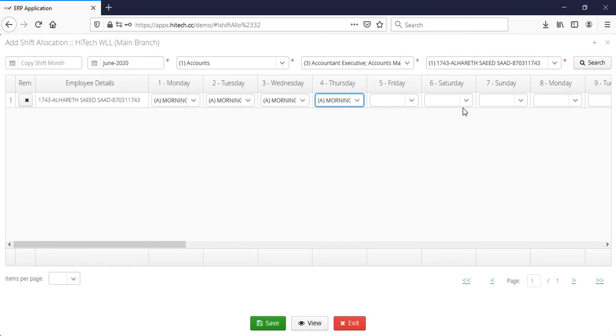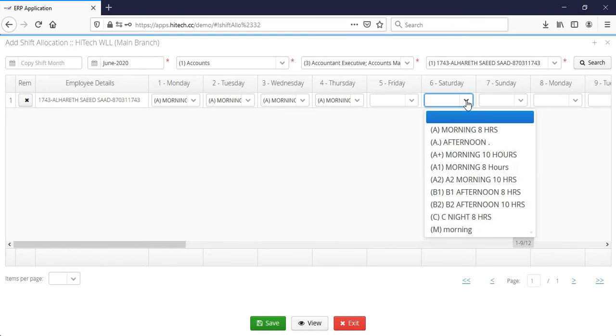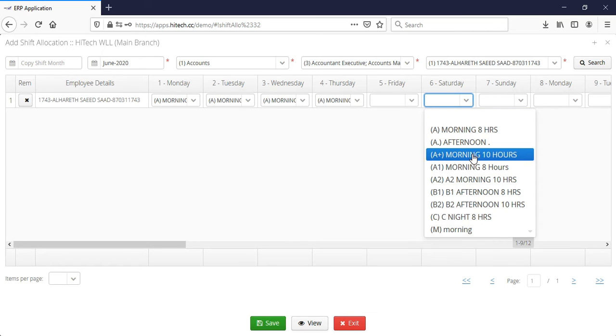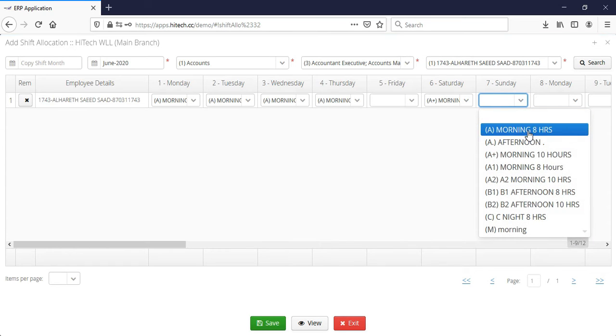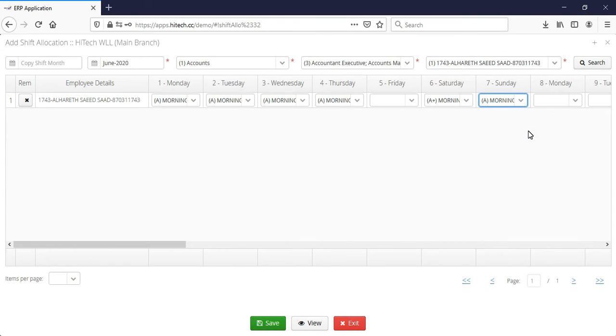And the Friday is a week off. So I'm just starting again from Saturday. Saturday his shift changes to morning 10-hour shift. So likewise, you can assign a shift for a whole month or for a week for an employee,